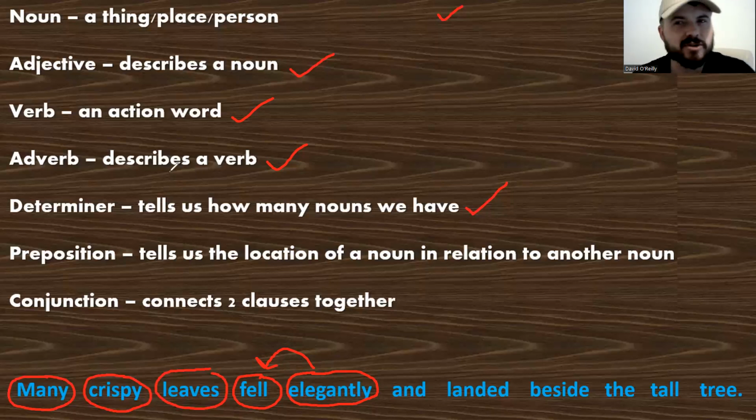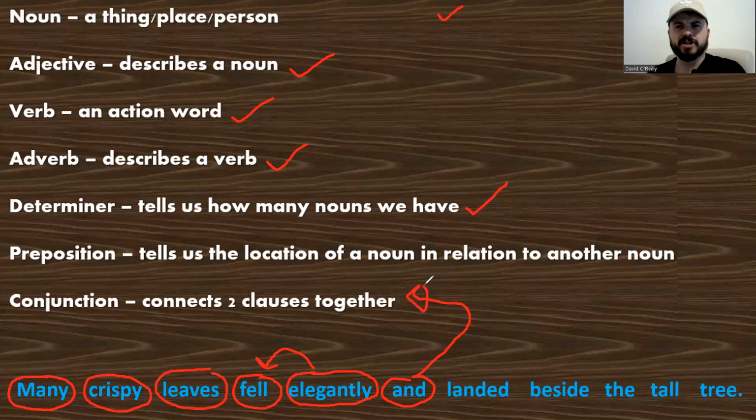And remember, adverbs do slightly more than just describe verbs. But for now, we're just going to remember that definition. But keep in your head, guys, that there's more depth to word classes. There's more to learn. But for now, let's just learn what is on the screen, okay? All right, then we have the word and. What's the word class?